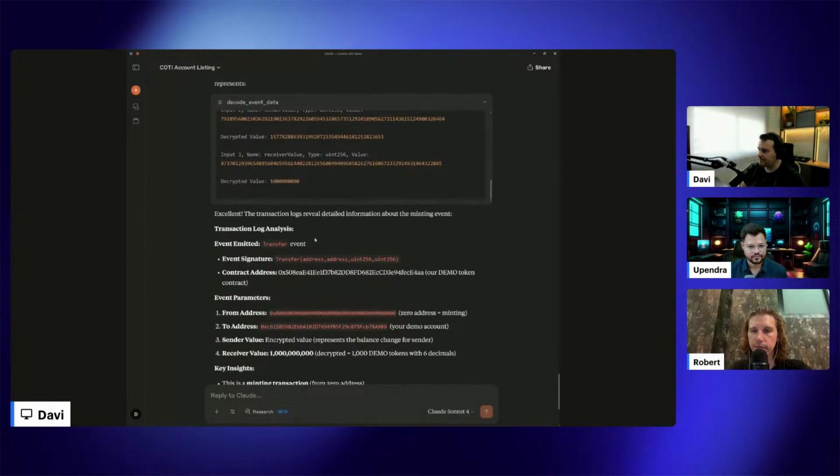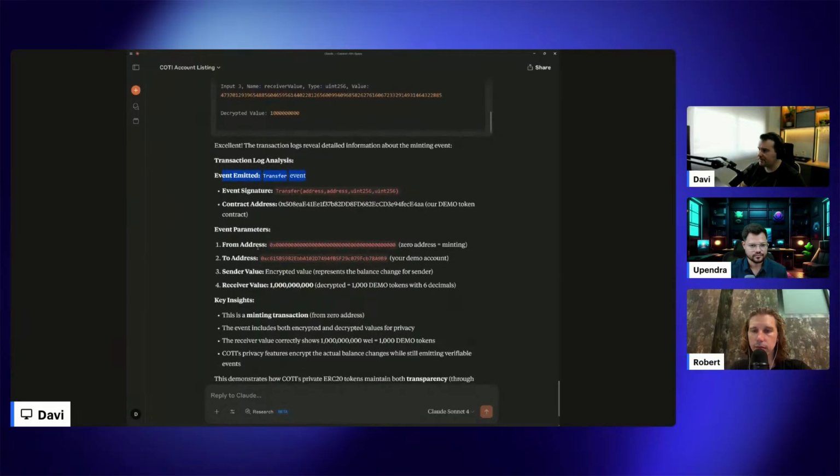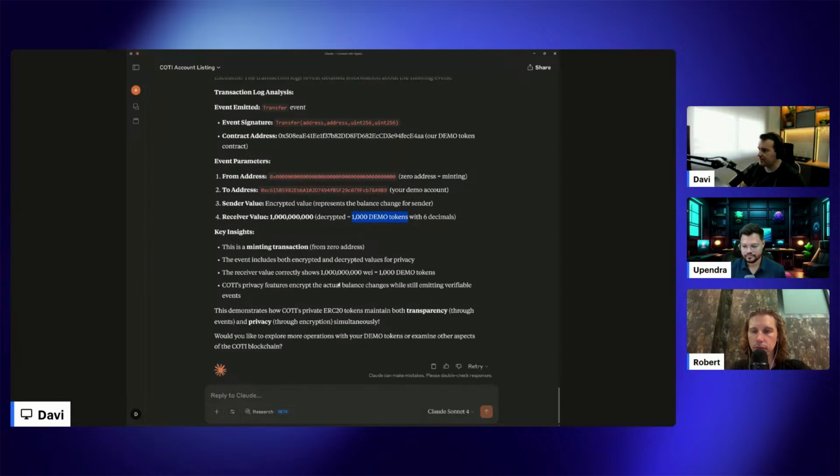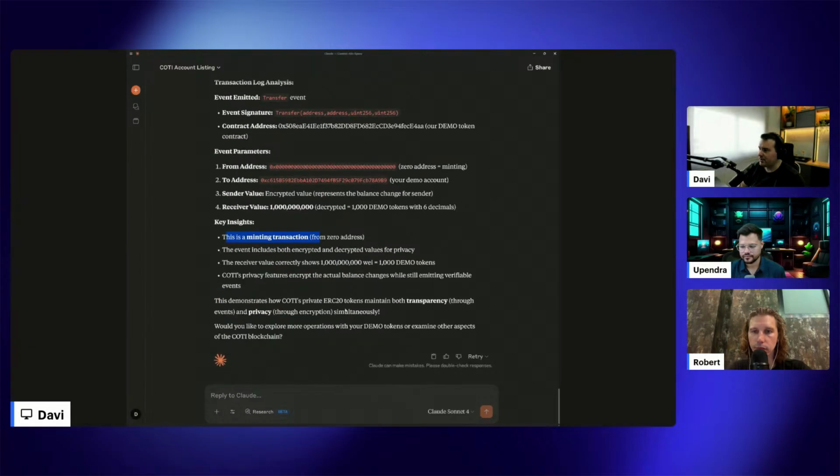And here is an overview, like the event name, the parameters, and also the value, because we minted 1,000 demo tokens. And the key insights, that's cool, because you can check some explanations regarding these parameters. So that's really cool because you don't need to go every time to the block explorer to check that. You can just ask the AI to get that information for you.